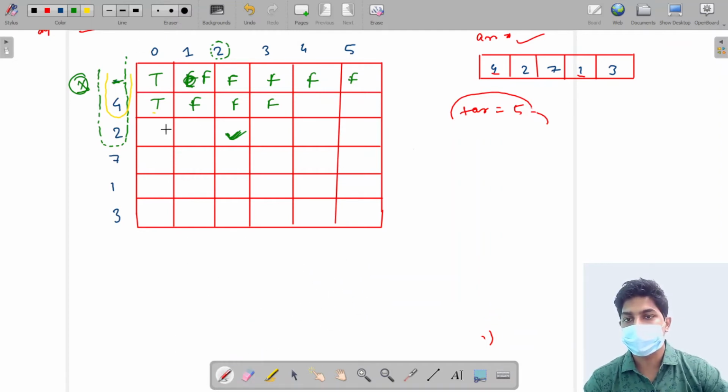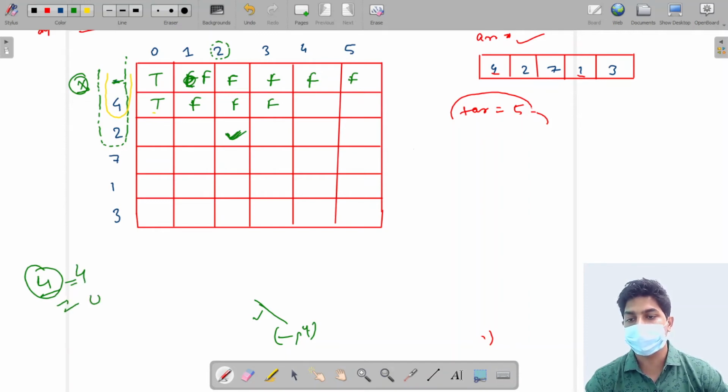Now let's see this case. Is it possible for nothing and 4 to make sum equal to 4? If 4 comes into play, then what is the remaining sum? We want to make sum equal to 4. And if 4 comes into play, then the remaining sum is 0. So is it possible for nothing to make sum equal to 0? Nothing present for 0 is true. Yes, it is possible for nothing. So this will return true. So we are getting true from this particular case. So that means if in any way, either via including 4 or excluding 4, we are able to make the sum equal to target, that means our answer is true.